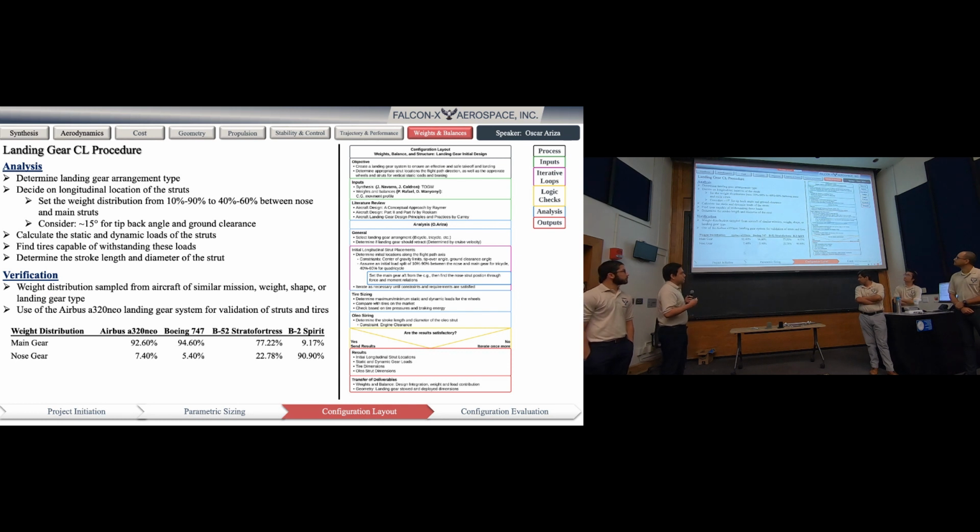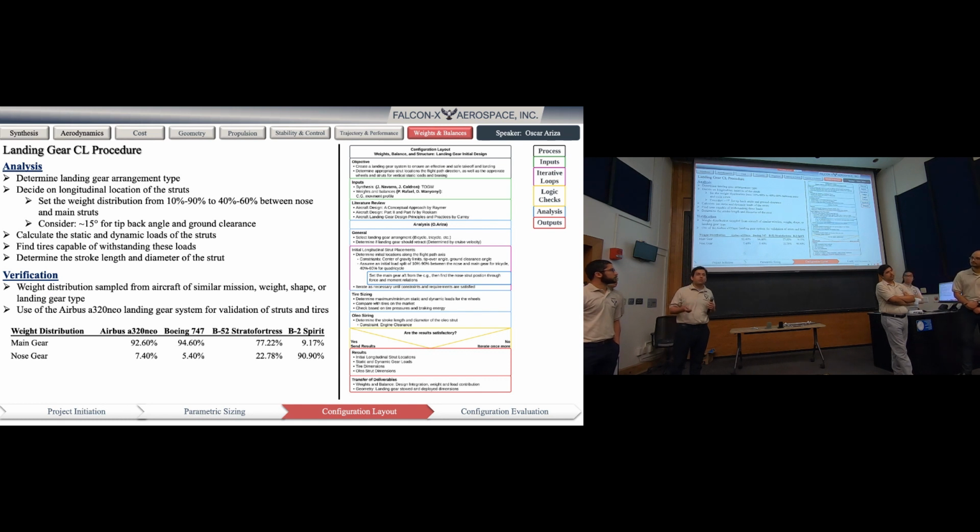And so this process can be summed up briefly by just figuring out where the struts are going to go on the aircraft. And I say longitudinal, so it means to just take the aircraft on its side and just start somewhat fiddling around with it. But also having some constraints such as tip back and roll angle, which I will show in the next